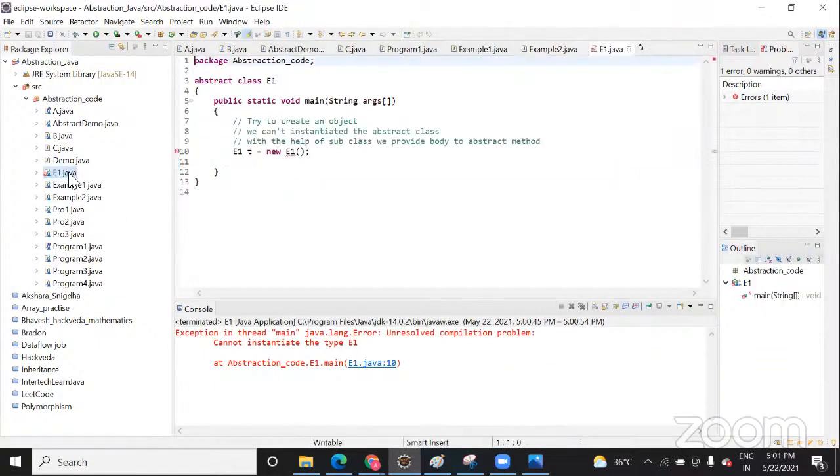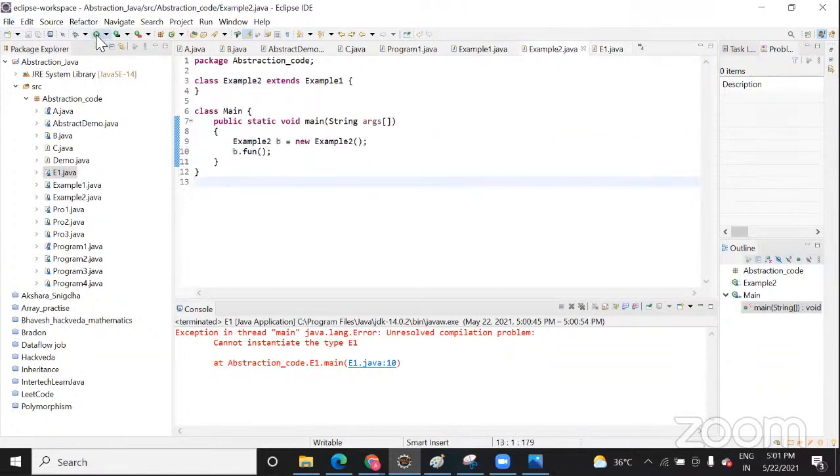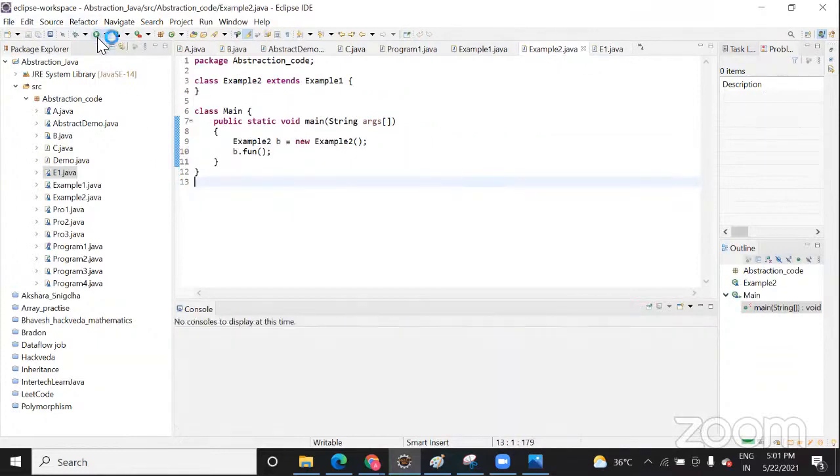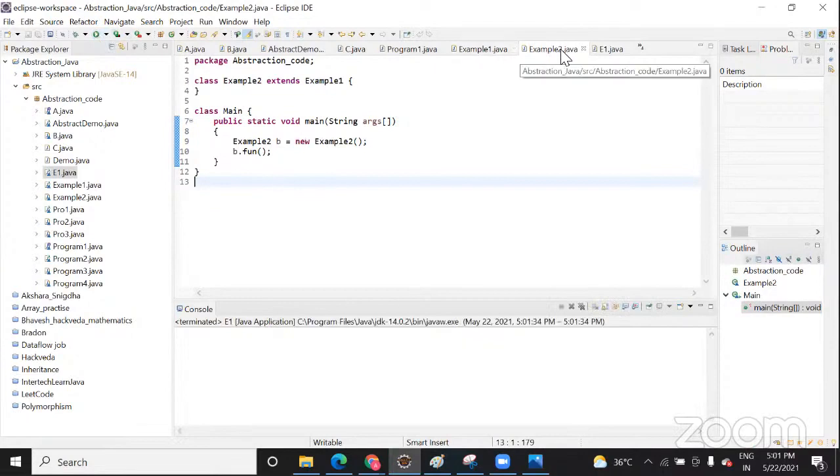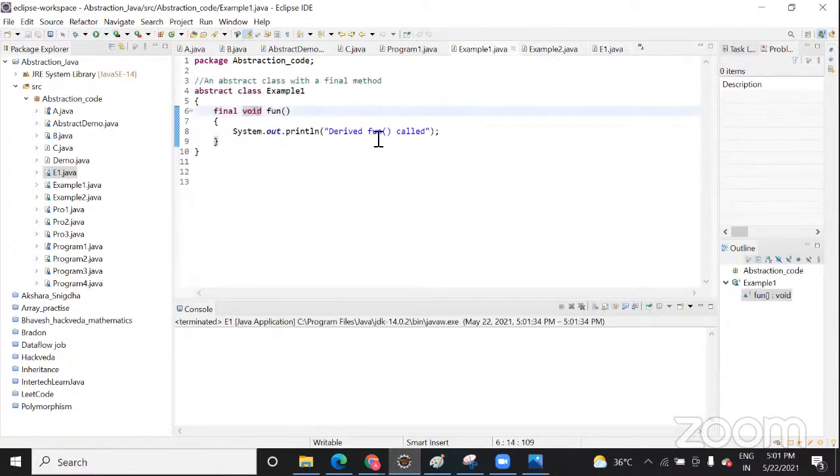Actually, the reason why I've added it is just to make you understand, to make you clear, that we can't create an object of that class. Sorry, I think I am not printing any value. Example one, System.out.println.